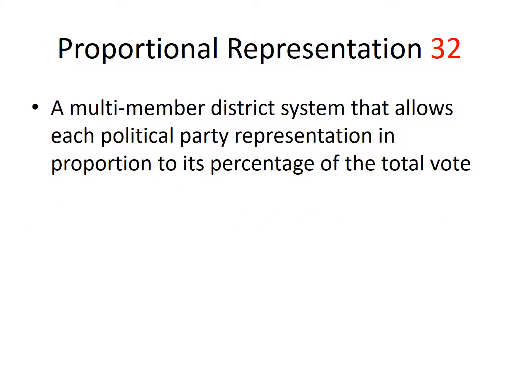If you did go with proportional representation, there's a greater likelihood that you're going to have more than two political parties represented. As you can see here, a party is represented based on its proportion of the overall vote. You get 30% of the vote, you get 30% of the representation, and on down the line. You get 70% of the vote, you get 70% of the representation. More than likely, there's going to be more than two political parties on the ballot, and that will then mean that one political party is not going to get 70% of the vote.